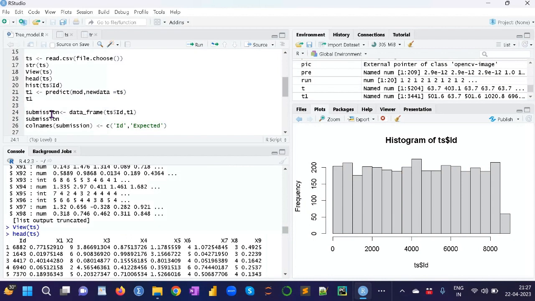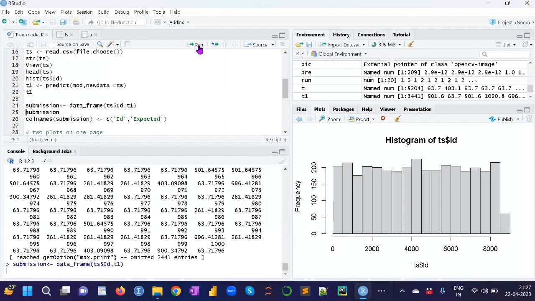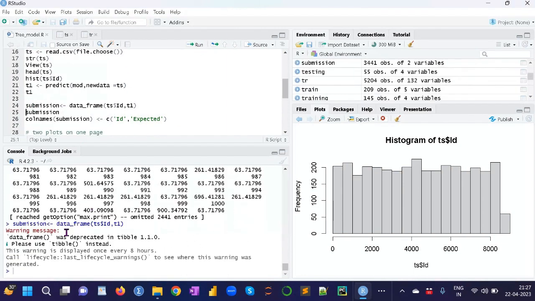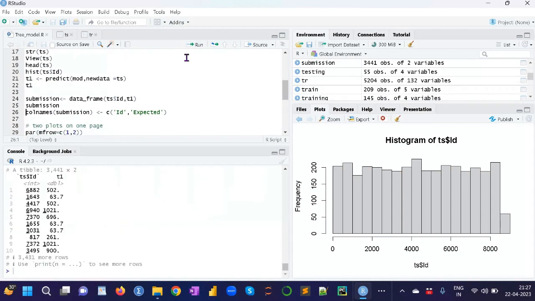Now I create the data frame in ts because of ID. It gives a warning, it is ignored, and then submission. Then there is the ID; it fetches the ID, and t1 is there.